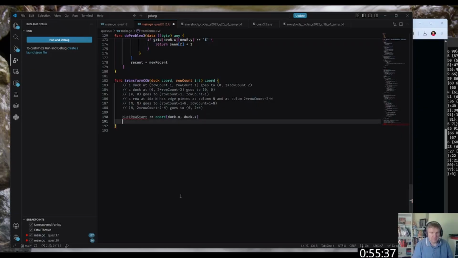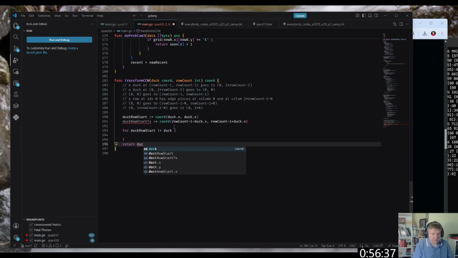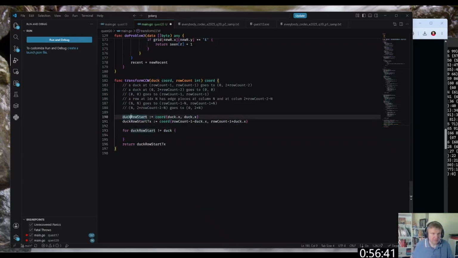Okay, so it's row duck row start tx coord, copy, paste duck dot x, duck dot x, duck dot x duck dot x for duck row start duck. Okay, and actually, so then let's rename this